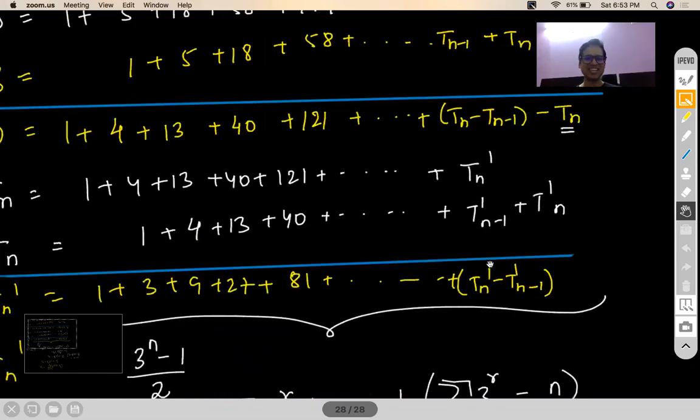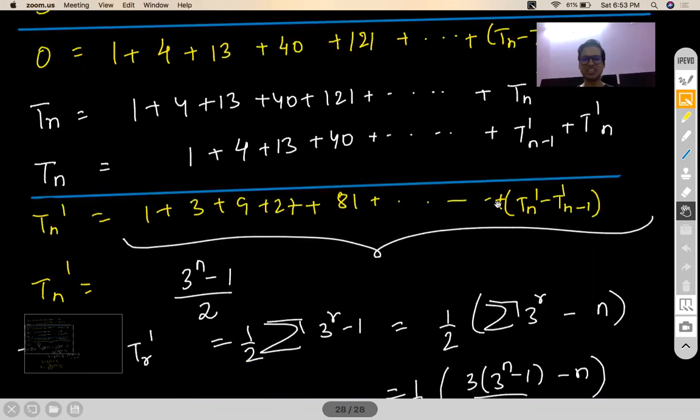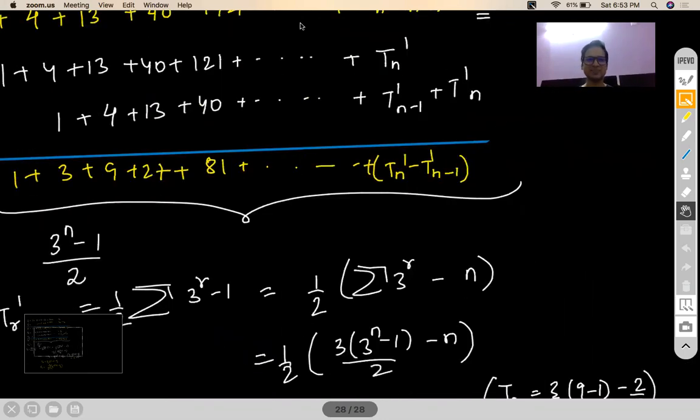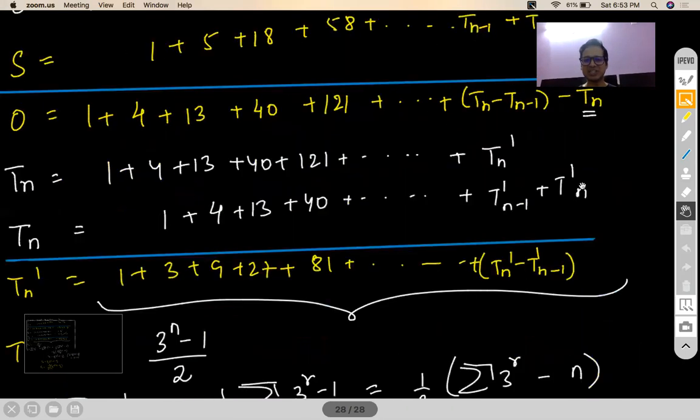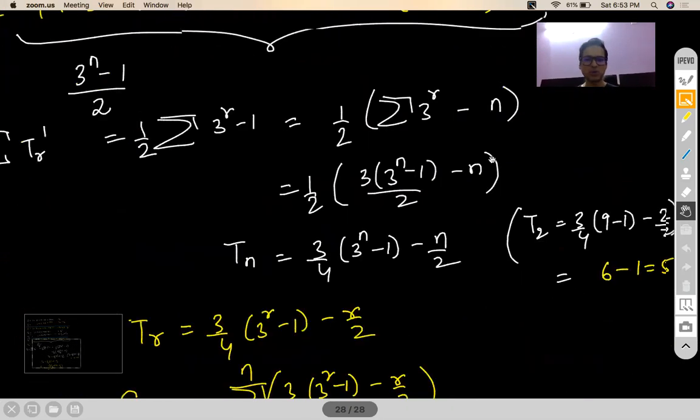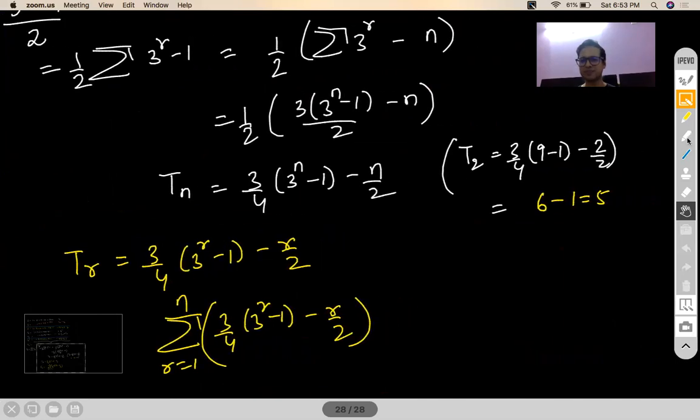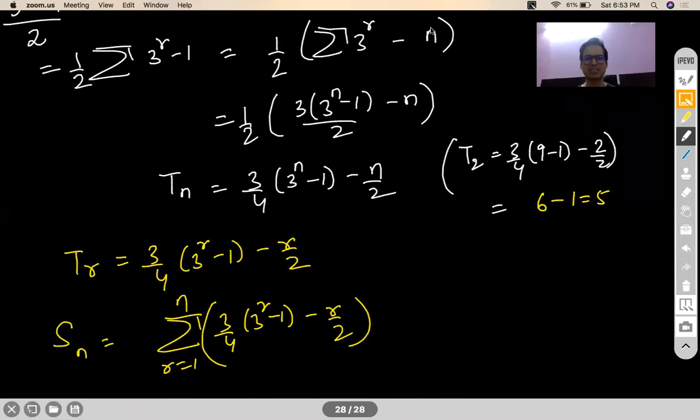Okay. So now here is a shortcut, and the shortcut is very interesting. This shortcut will help you directly come to the nth term of this sequence. And after that, you have to apply the sigma method. I'll just show you the shortcut, but if you still want to copy this, you can. Anybody who's interested in copying this? Sir, anyways, you're going to tell us a shortcut, we'll copy that only. Okay, let it be in the notes only.